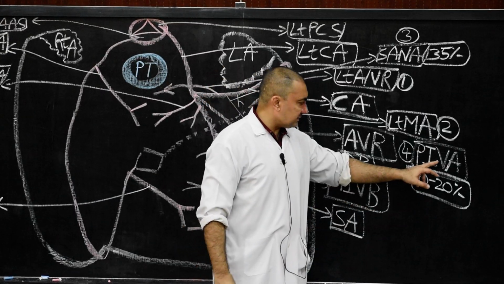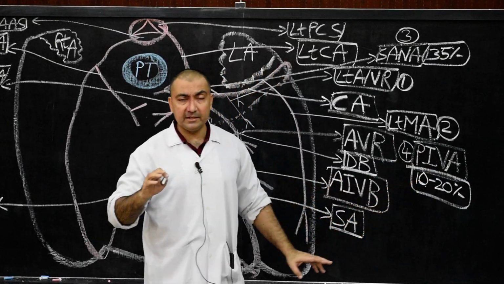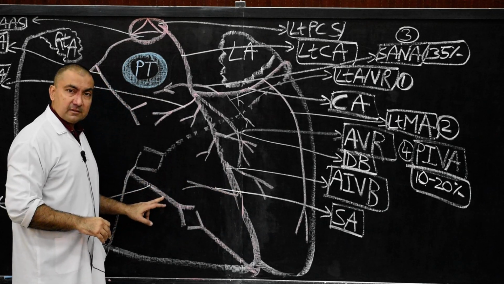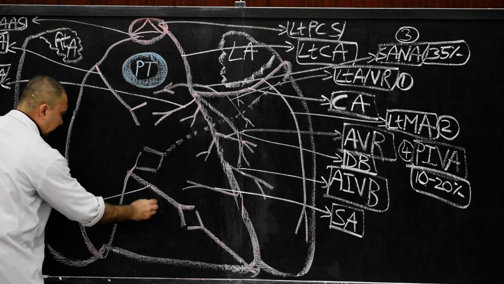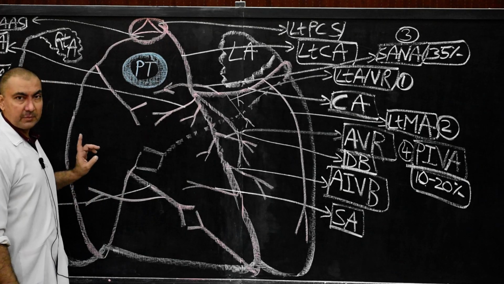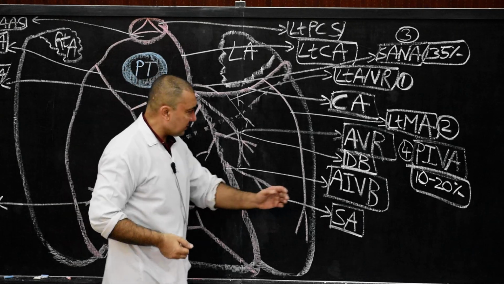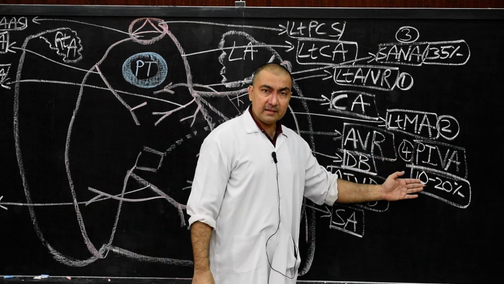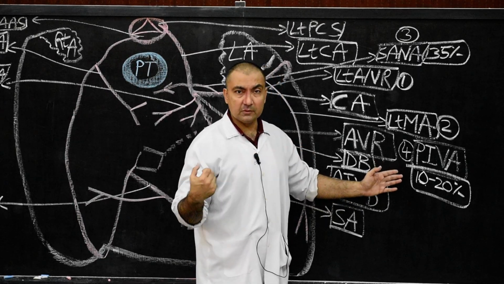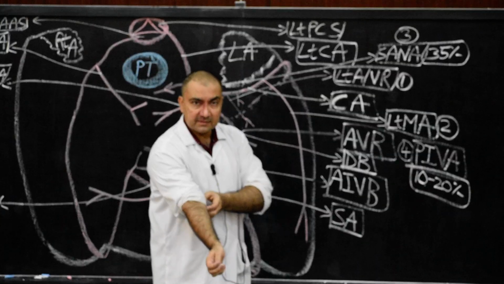So in those cases, there will be another branch from the posterior interventricular artery which supplies the AV node, because we have seen during the right coronary artery that a branch will pass from the posterior interventricular in this direction, which we had drawn, and that was the AV nodal branch to the AV node. Therefore, in those cases where the posterior interventricular artery is a branch of the circumflex artery, there will be a branch supplying the AV node. So this is branch number 4, but in only 10 to 20% of cases.